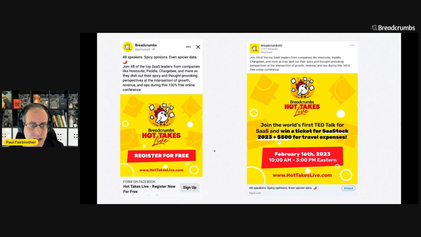So here's a couple of the ads. The one on the left is on Facebook, the lead form. The one on the right is the lead form that we used on LinkedIn there. Now, something you'll notice is the ad formats are very, very similar. So the great thing